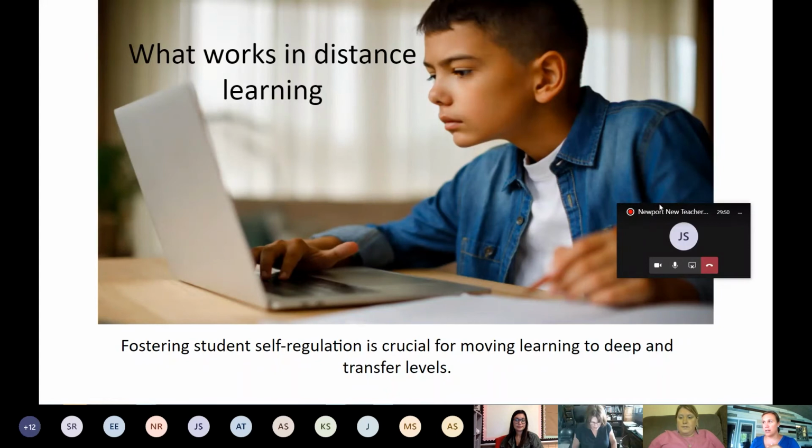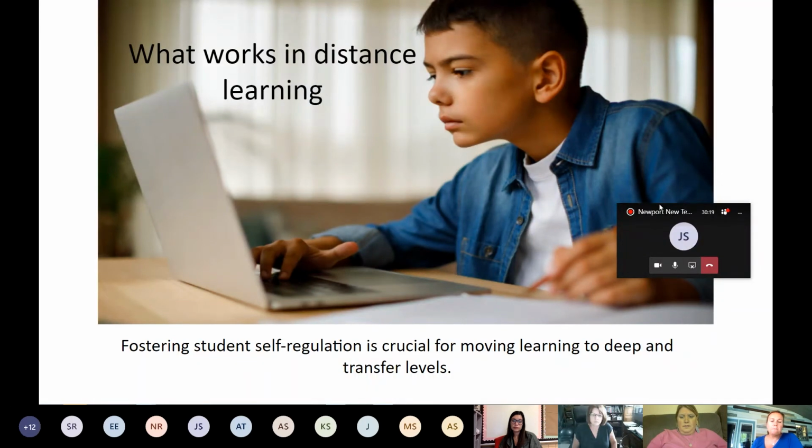And here's the thing about education. We are lifelong learners, and every year we strive to do better than we did the year before. And this year is no different. So when we approach this year in this different format of virtual, we want to think, how can I make this better than it was last spring? If this is my first year, I want to make sure that I'm doing the best practices, whether it's online or in a face-to-face environment.